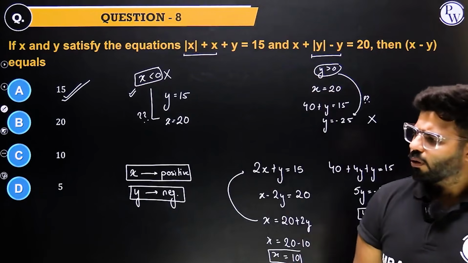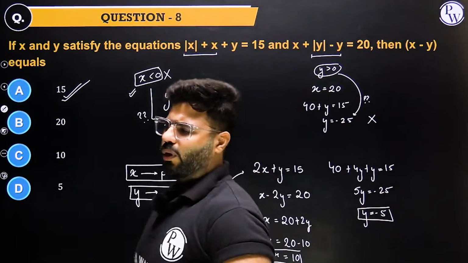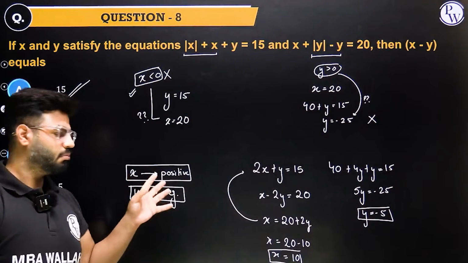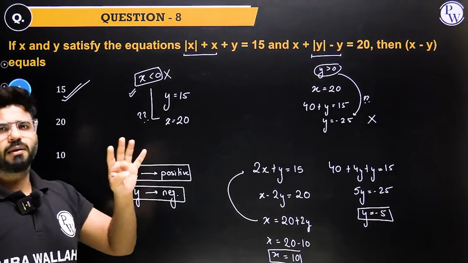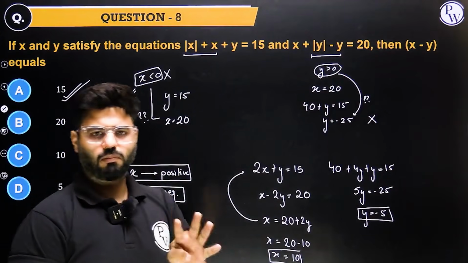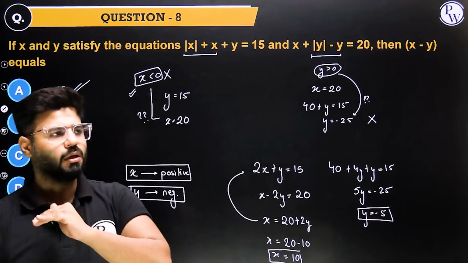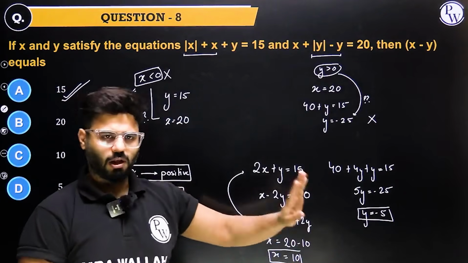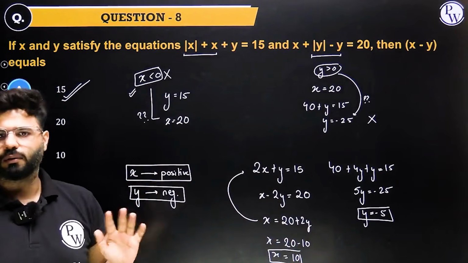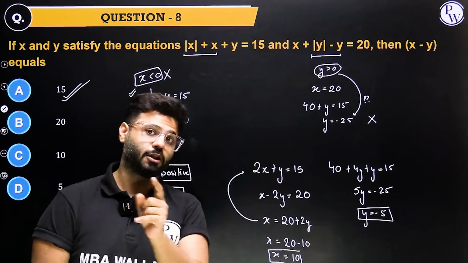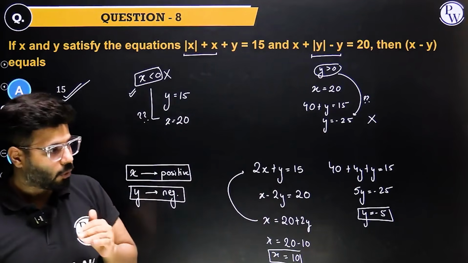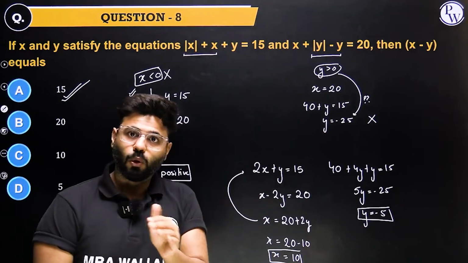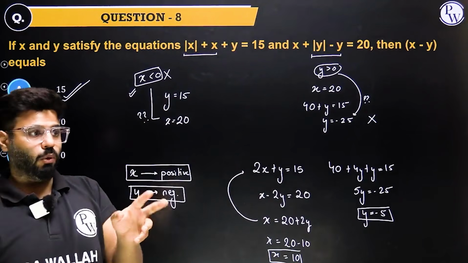Right, so algebra was tough. See, in case you would not have absorbed these things, if you don't know these things still, you would have made 4 cases: plus plus, plus minus, minus plus, minus minus. You would have rejected a few, and ultimately you would have got this answer. Time taking, but yes, you would have got it. With the right approach, you will get the answer within the given time, but you won't get stuck. You won't be in a situation where you have to do it or leave it.